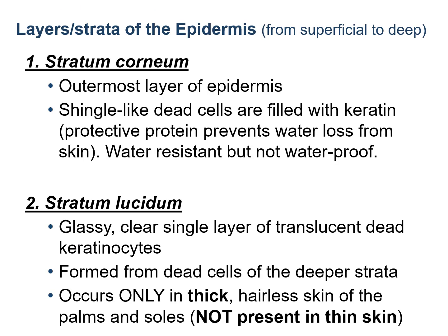The epidermis has several layers or strata of cells. Thick skin has 5 layers of cells and thin skin has 1 layer less, that is 4 layers of cells. So we have to learn about these layers. Going from superficial to deep, the first layer, that means this is the outermost layer of the skin, is known as stratum corneum. This layer is made up of all dead cells and they are filled with the protein keratin.